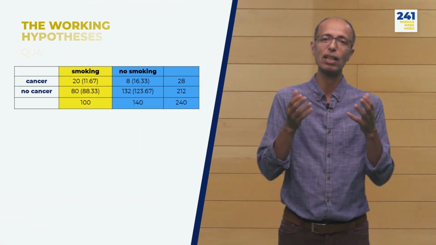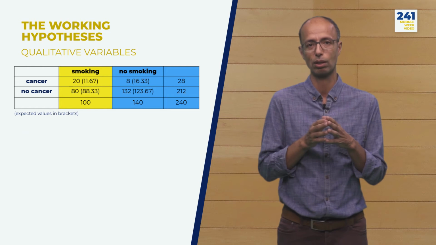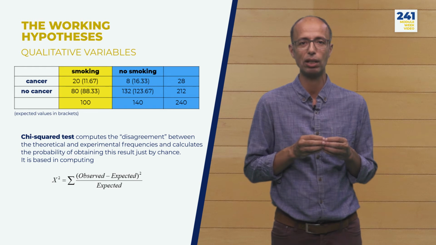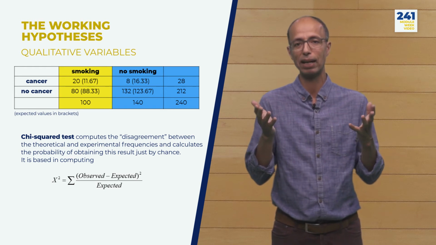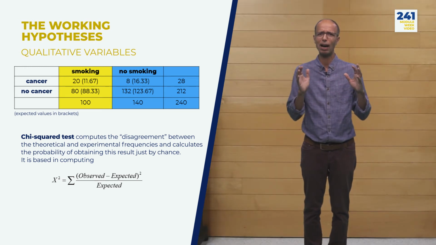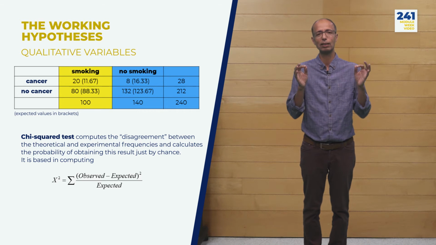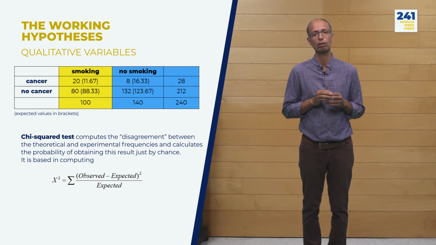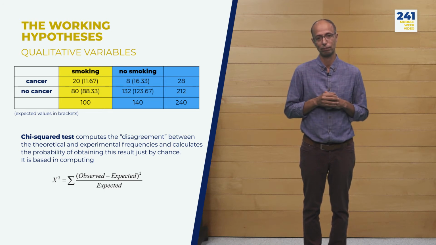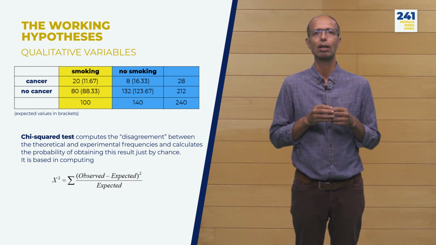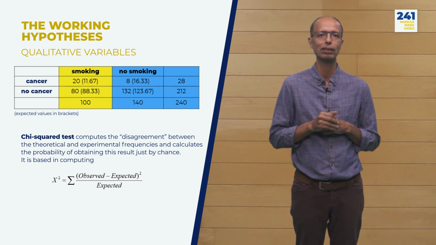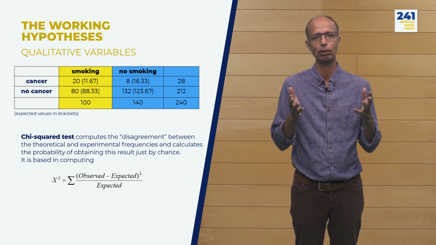The test statistic is now calculated as follows. We will calculate the summation of the square of the deviation of observed and expected divided by expected values. If observed and expected are quite similar, then the test statistic will be small or close to zero, which indicates data are consistent with the null hypothesis. This statistic follows a chi-square distribution, so we will use this distribution to calculate the probability of the observed value or higher.